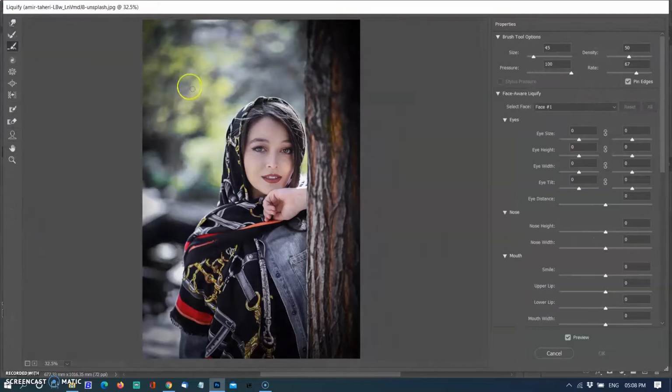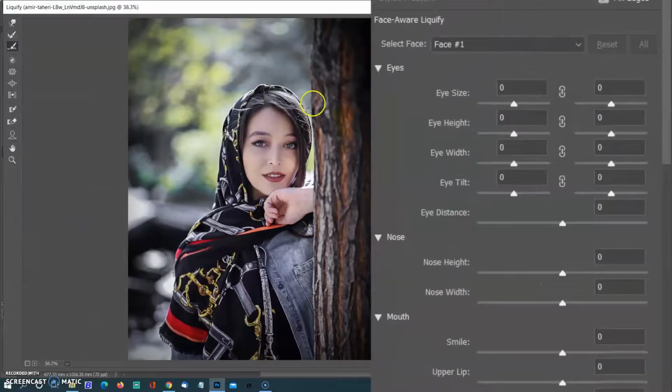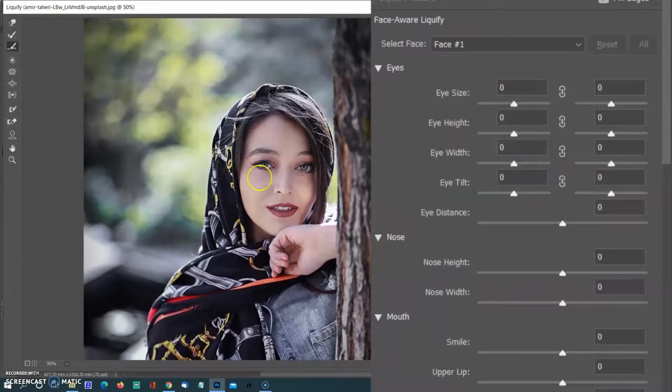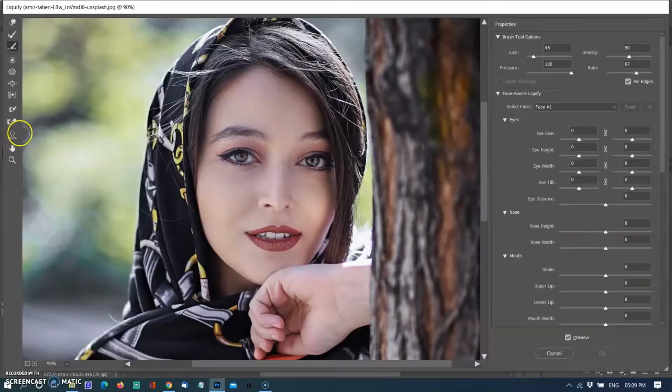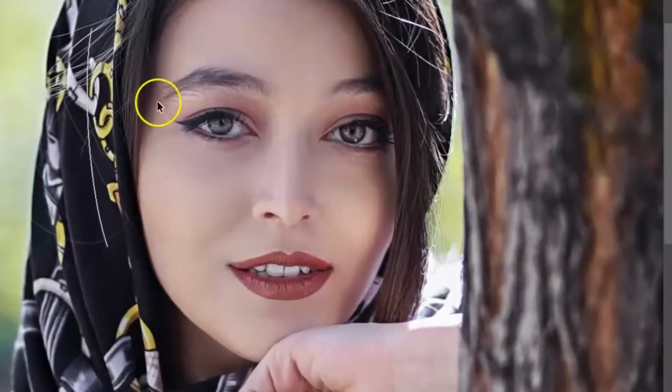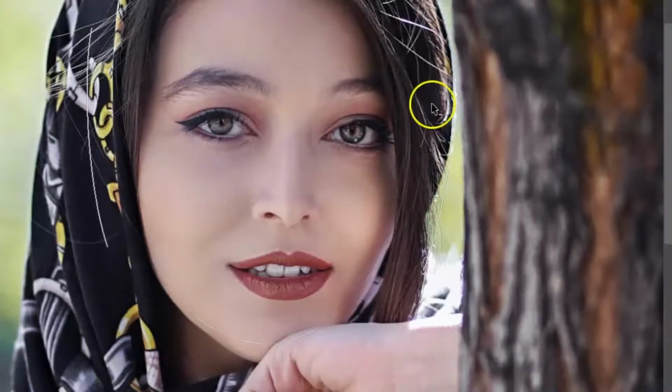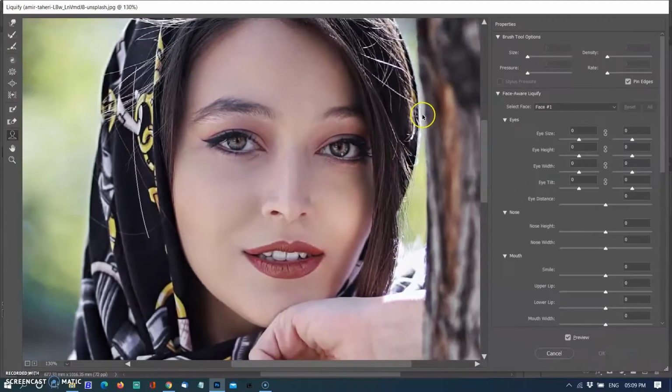When you open the Liquify filter, you will notice there is an extra tool on the left side in the shape of a silhouette. This is the Face tool. Click on it and you will notice how Photoshop instantly recognizes the face in the image. This new Face tool makes it easier than ever to make adjustments to parts of the face without altering any other part of the image or needing to create a mask. It even takes away the need to use any of the other tools on the left side of the screen.